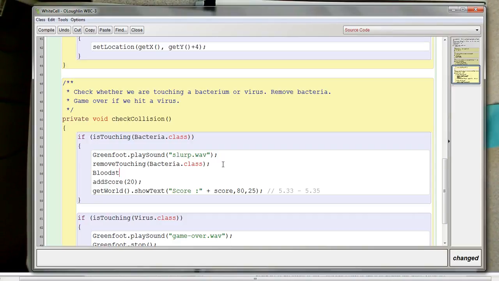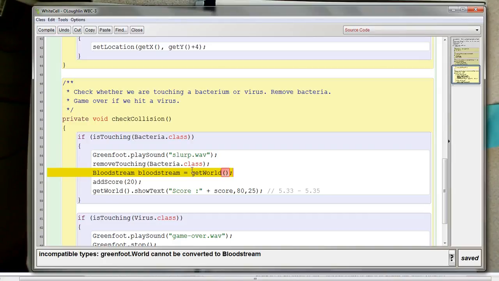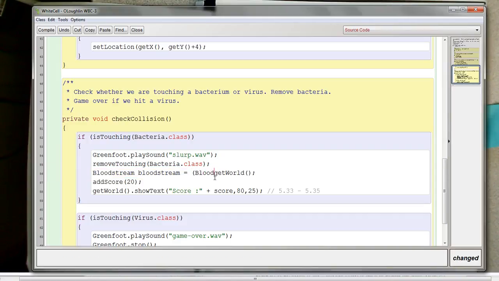And so I'm going to create a bloodstream variable here, and it's going to be my current world. I could just try to do get world, but it's not going to like that because it's incompatible. I'm trying to assign the current world to a type of bloodstream, so I have to do what's called casting. I'm going to change the world from a more generic world to the particular bloodstream world that I'm working with. When I hit compile,